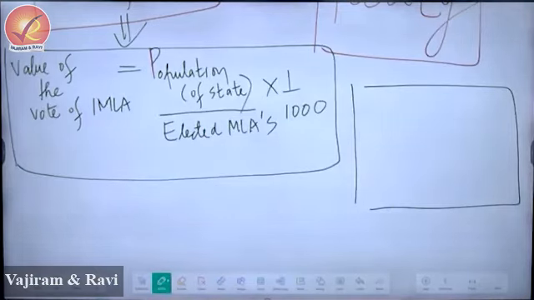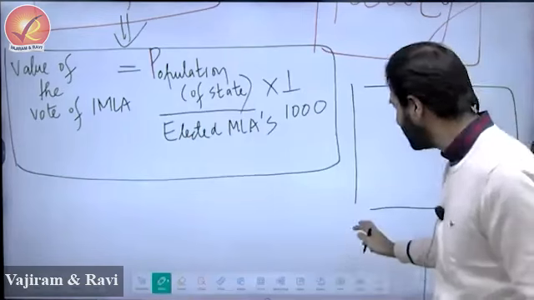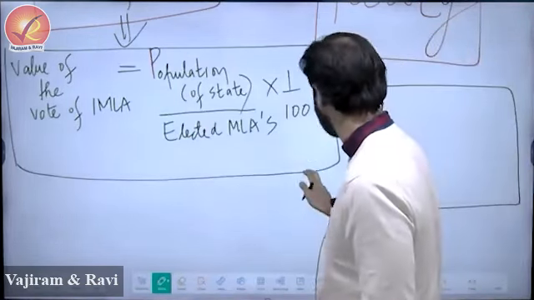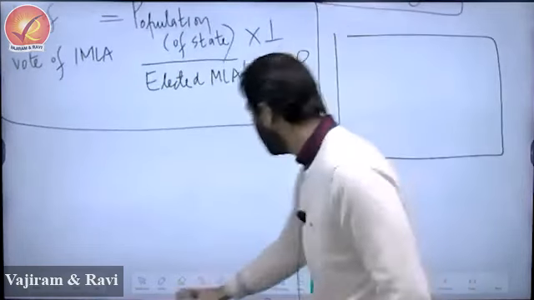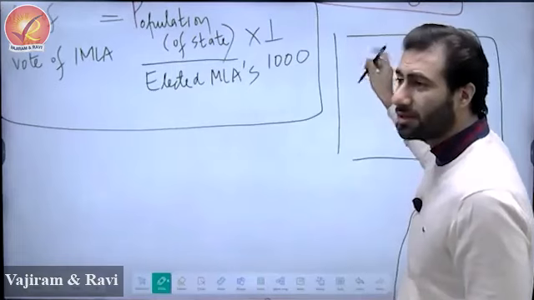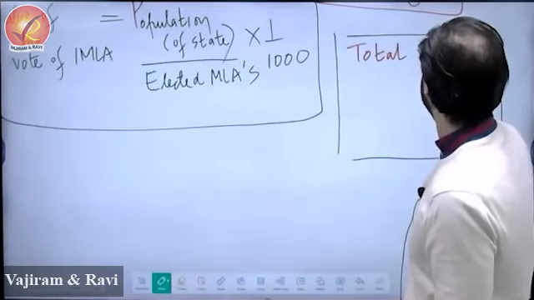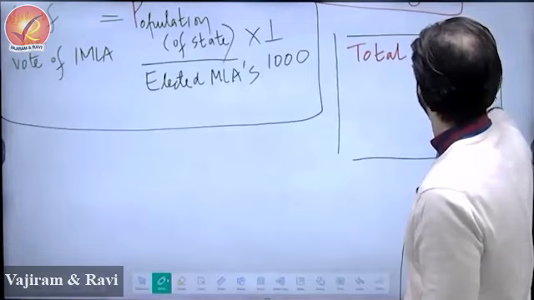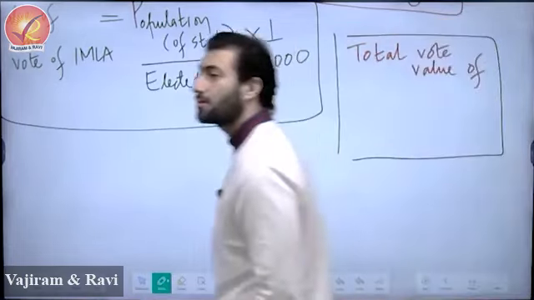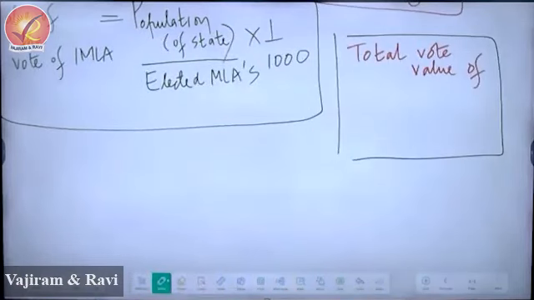Do you understand what I am trying to say? Very good. Yes, absolutely right. Write down. This is equal to the total vote value. Total means, what is total? Total is all the